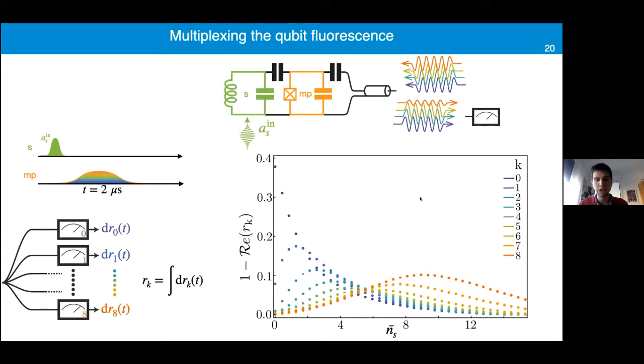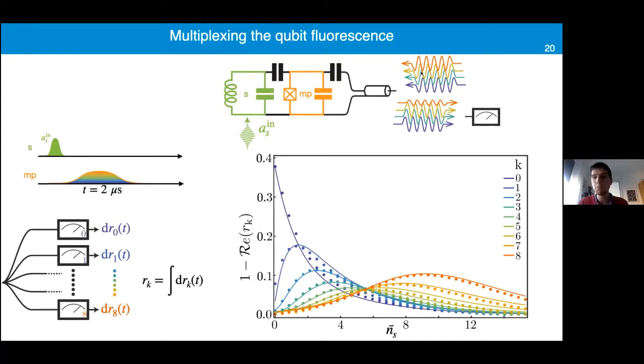And in order to check that we understood those data, we are able to reproduce them using a master equation model. And so this is the proof you can indeed perform a multiplex photon number measurement using the fluorescence of a qubit. So now you have this new measurement, and what you want to do is to make it as fast as possible. And the first parameter you can